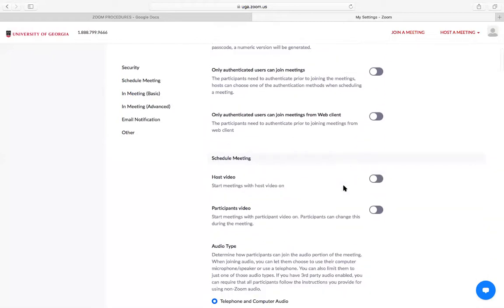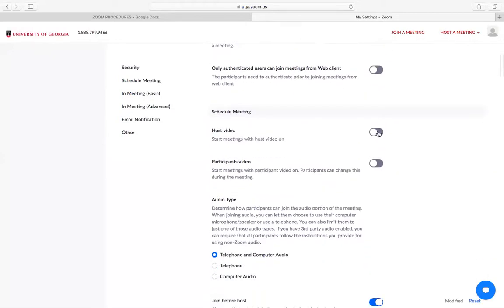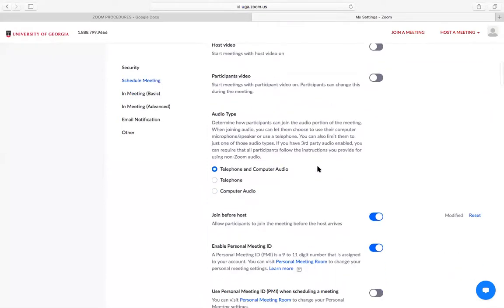You can also choose whose video is on. Here, you can have it set where the host's video automatically turns on, or where participants' videos will automatically be on. Obviously the host and participants can then turn their video off, but if for whatever reason y'all had agreed on that, you can have it enabled.